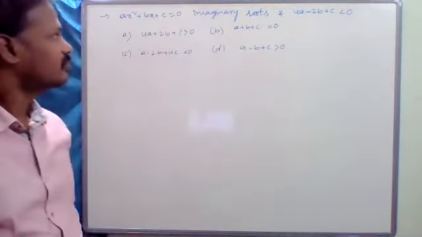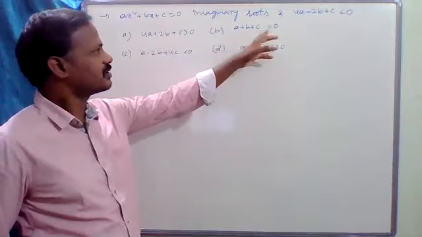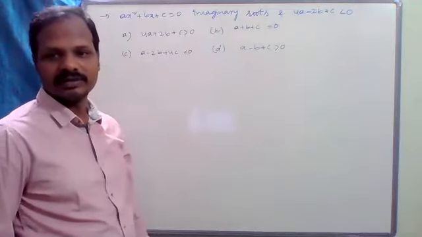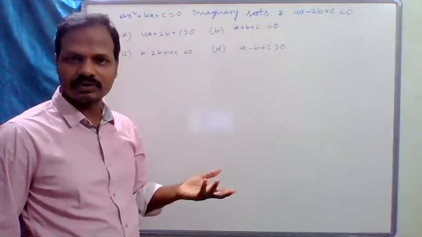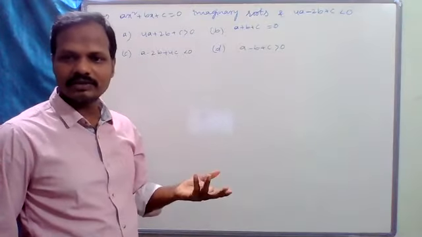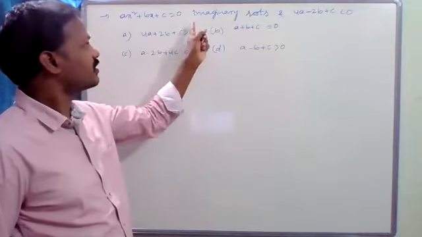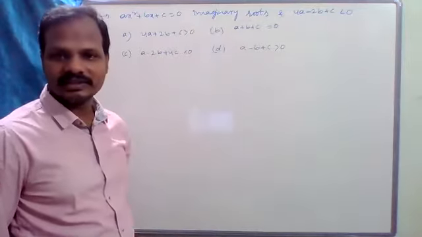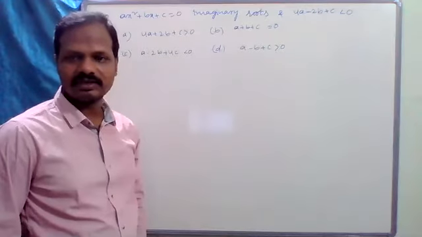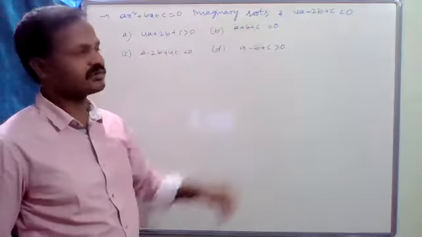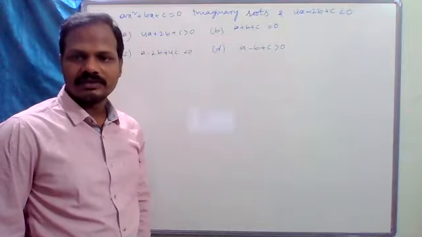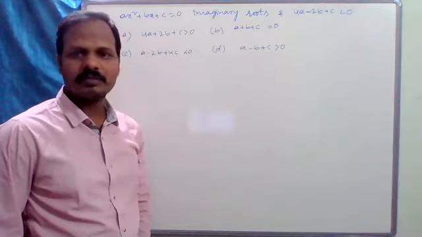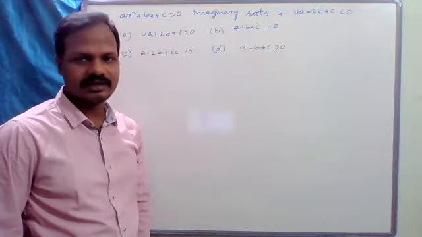Uday Kiran, how is a plus b plus c equals 0 possible? If a plus b plus c is 0, then x equal to 1 is a root. X equal to 1 is a root means 1 is a real number. But what is given? Imaginary roots are given. Think about it. So then how is option B correct? It is not at all possible.